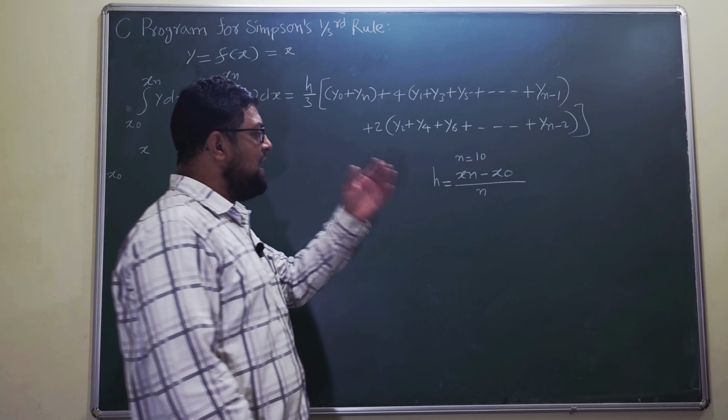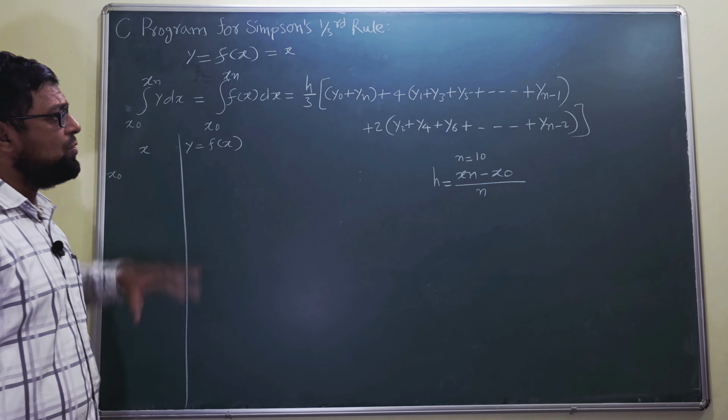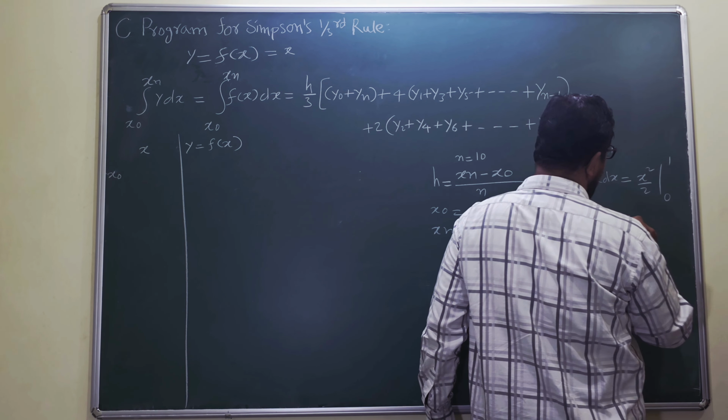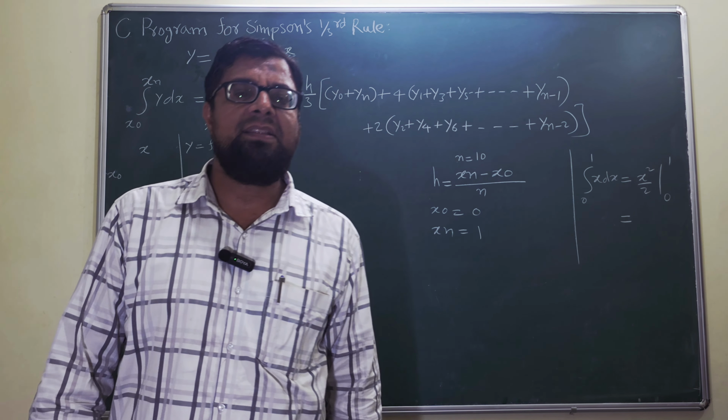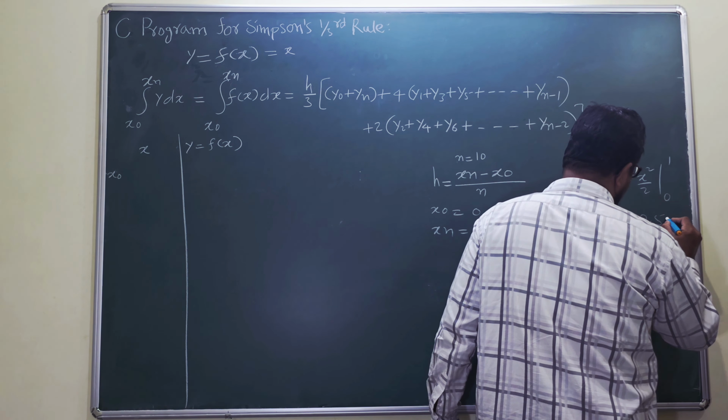n. Now we will assume that this integration which we want to find out is from x0 equal to 0 to xn is equal to say 1. So that means our integration is like this: integration from 0 to 1 x dx. Simply this is a simple integration, so actually we can directly get the answer. This will be x square divided by 2 from 0 to 1, and if you substitute the upper and the lower limit, the final result you will get is a half, which is nothing but